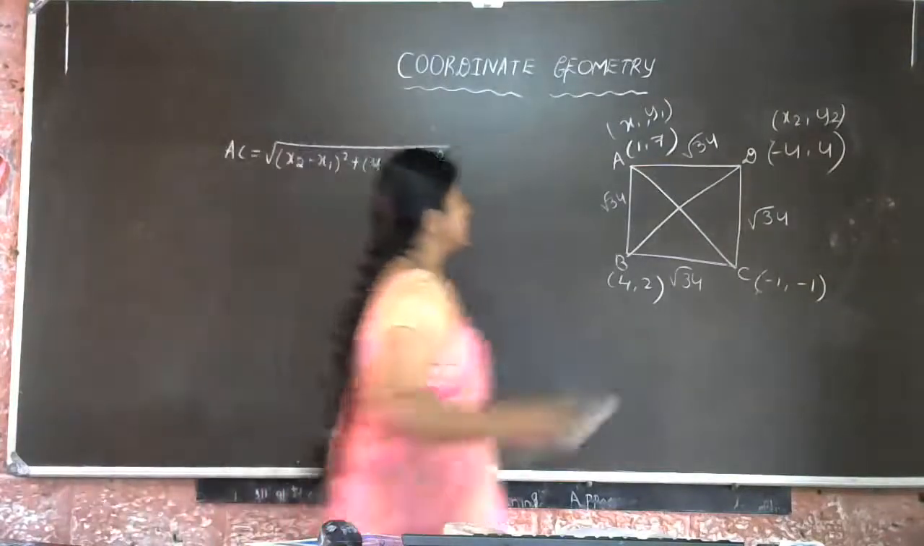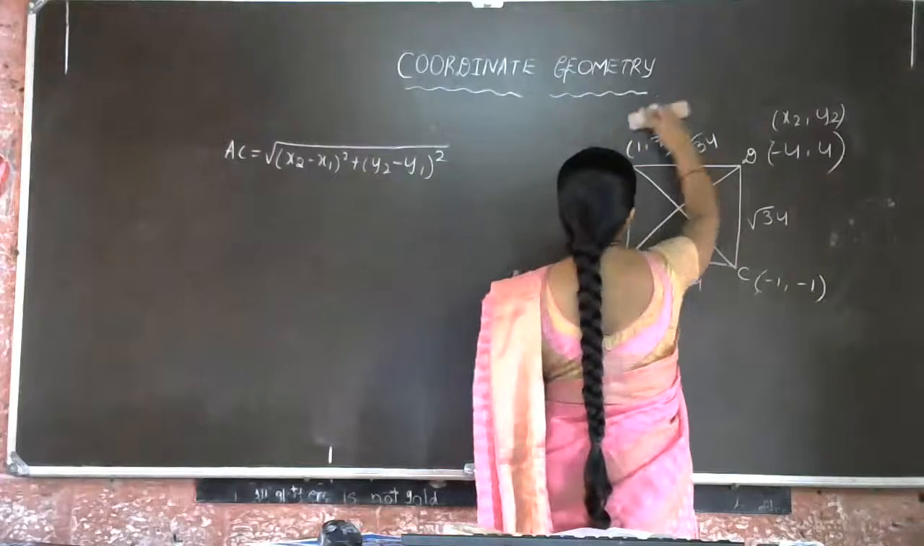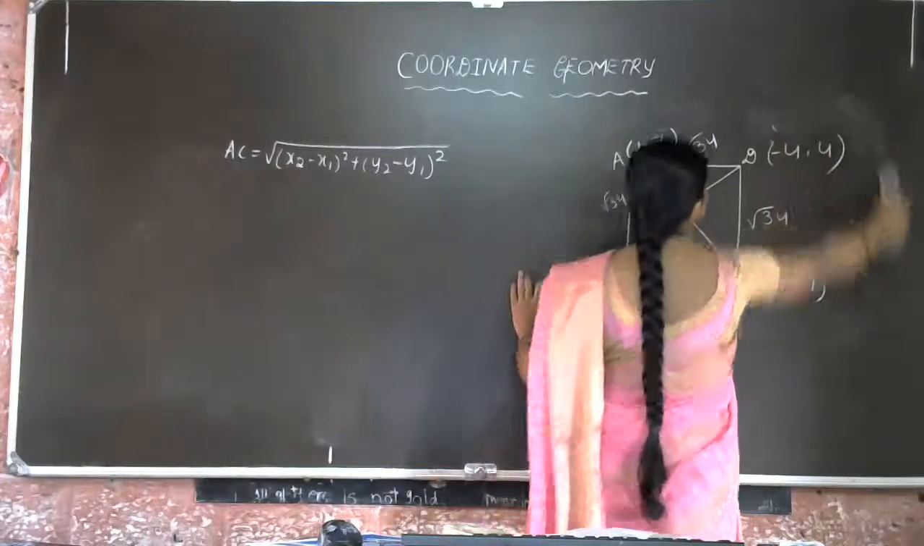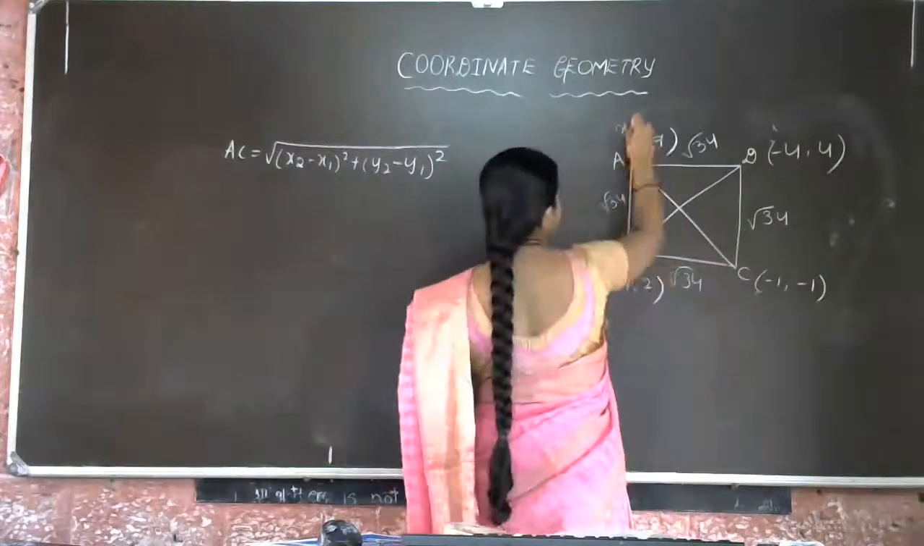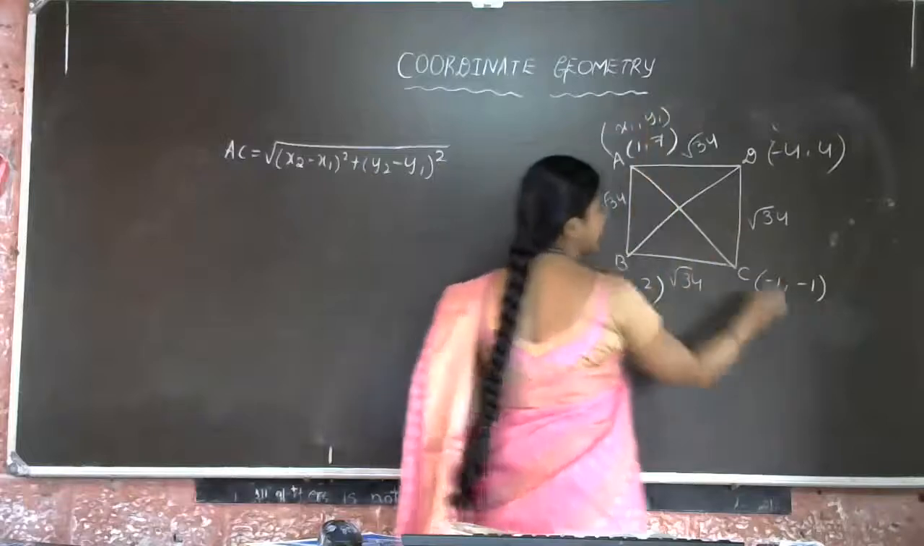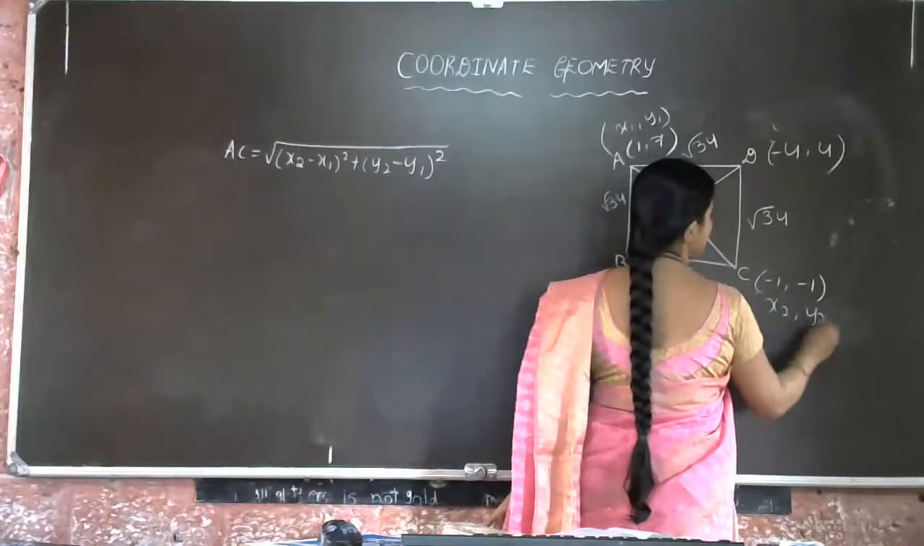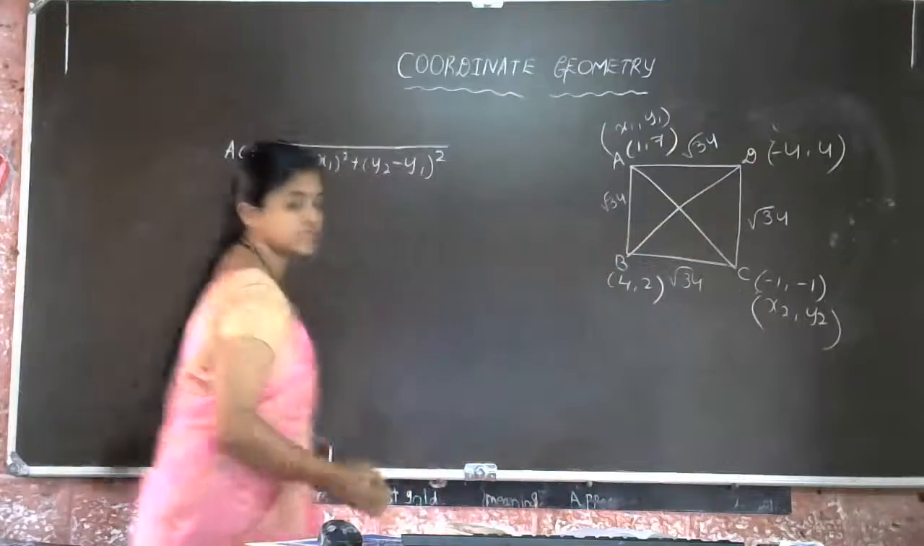Now, we'll change the mark here. This one is x1, y1. Yes. It is diagonal AC, so take this as x1, y1, then C as x2, y2. Okay, now you just take